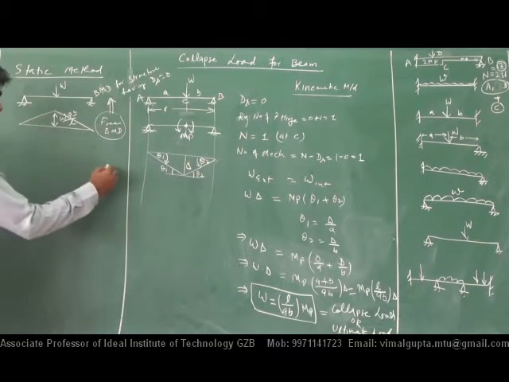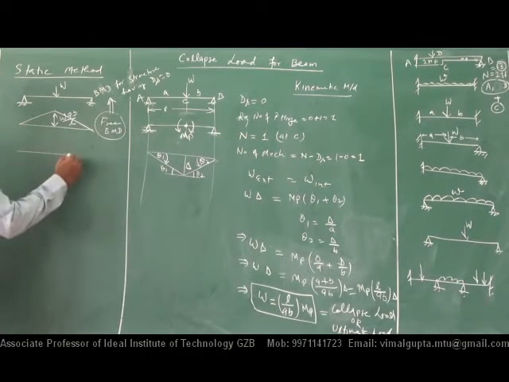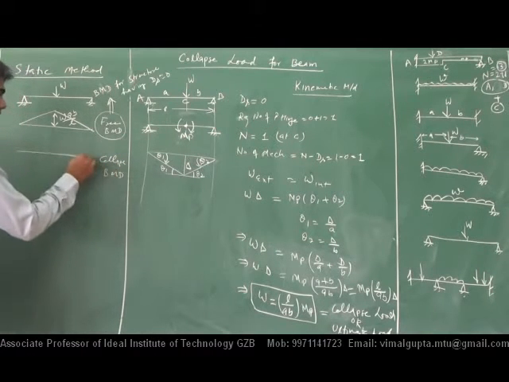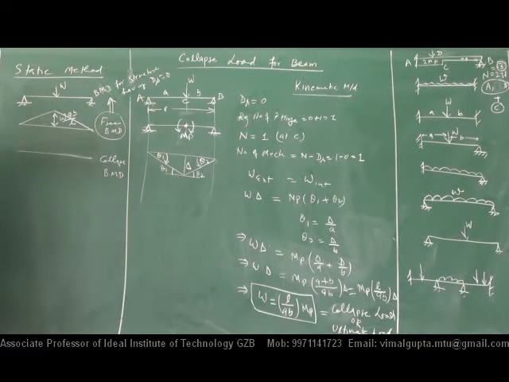Now what will be after that? हम लोग क्या? What we are doing? We are plotting the collapse BMD. So where is the possibility to make the plastic hinge? At the maximum point of bending moment only, this one. Okay, so it will be that, and that will be M.